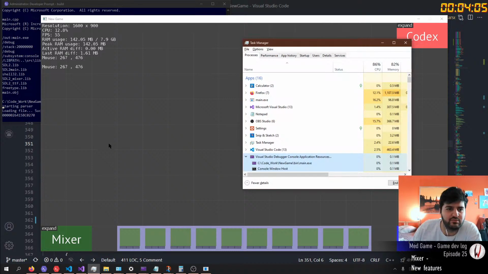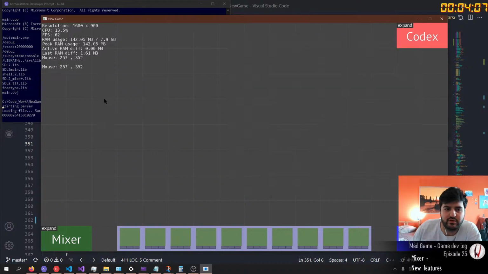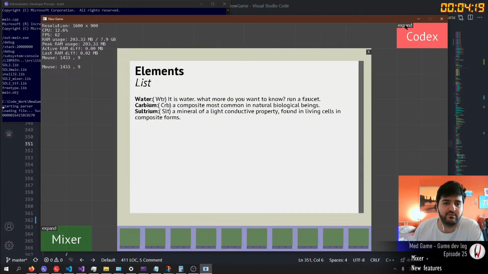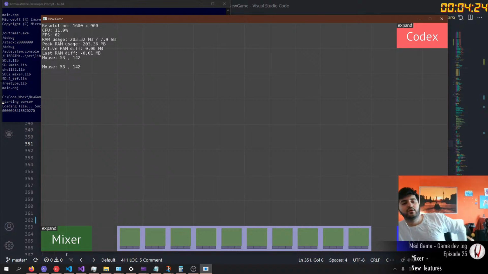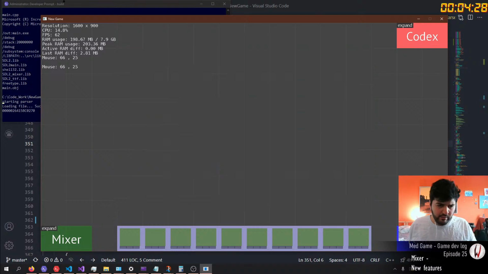Really, that much? Okay. Yeah, it fluctuates. I don't know why, but see, it's going down. RAM usage, last RAM peak, and whenever there's a RAM difference, I need to maybe save this. I also have mouse X and Y, just for some reason it's done twice. I don't know. I gotta check that out.